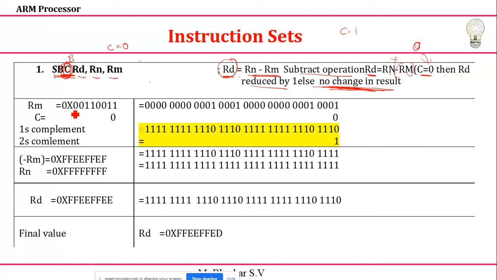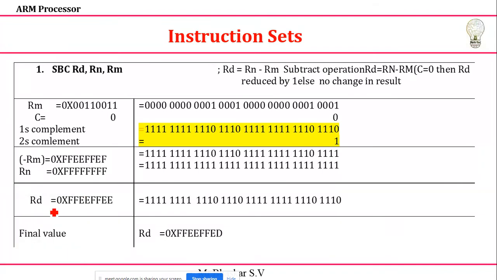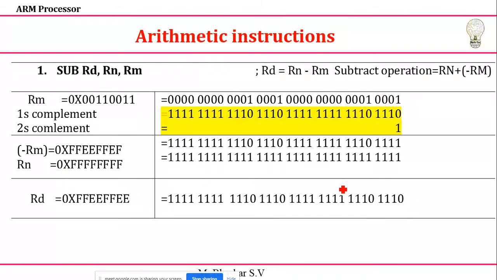Okay, now you can see here Rn minus Rm. It's very simple. First, I'll take the previous case, same thing, only a small difference will be there. I'll show that. To do Rn minus Rm, first I need to find the 2's complement value of my Rm. I'm going to take the same value I explained in the previous case. So the 1's complement value I'll get, and I need to add FFF with this one. So I'll get the result.